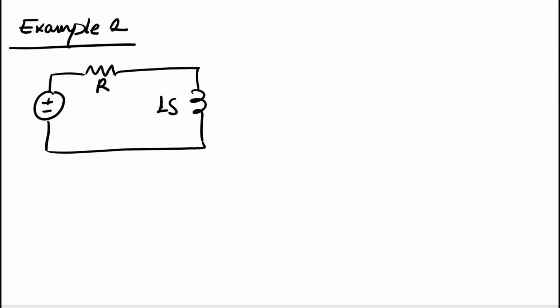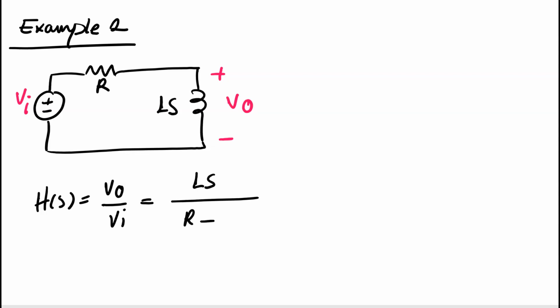In this example, we are looking at the voltage of an inductor in an RL circuit. So we know that if we focus on the voltage of the inductor in an RL circuit, then we're going to get a high-pass filter, but let's show that using its transfer function as well. So we know that the transfer function here is going to be VO over VI, and we can easily find this transfer function by doing a voltage divider. So by dividing LS over R plus LS,